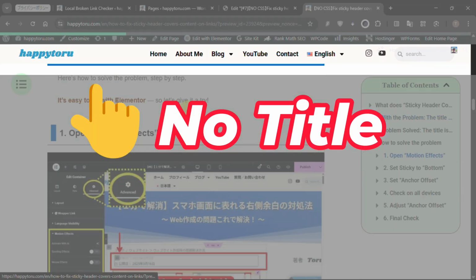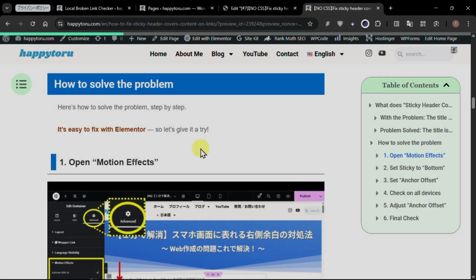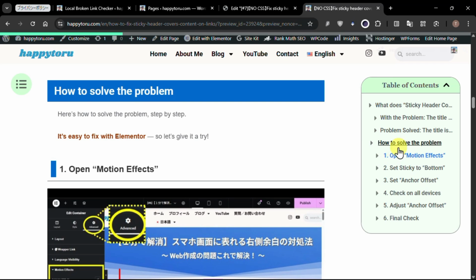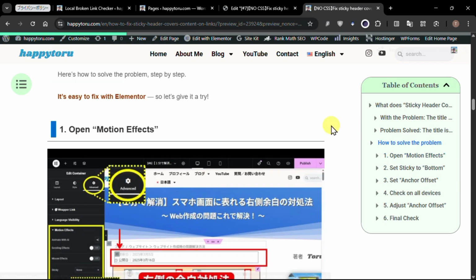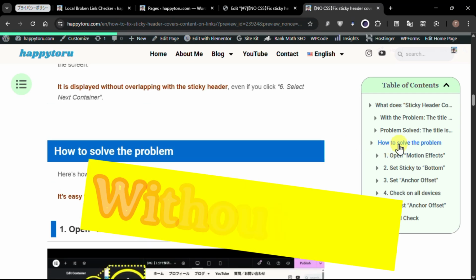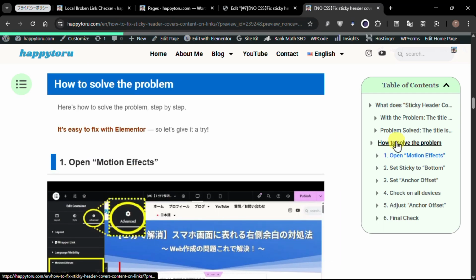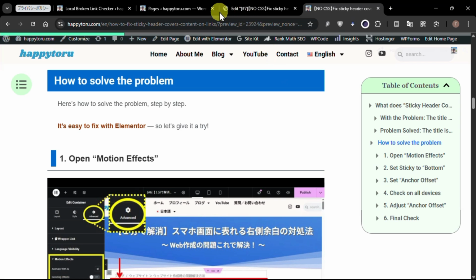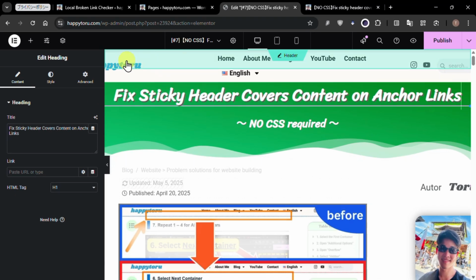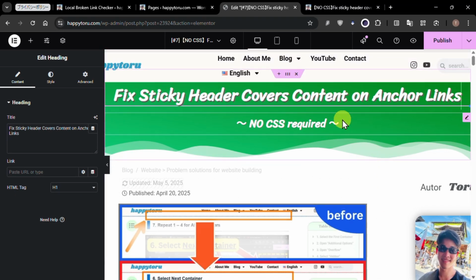Let's fix this to this. When you click on an anchor link, the title is hidden under the sticky header. In this video, I'm going to fix this problem without CSS using Elementor. Let's get started. Alright, open the editing page of Elementor, and then without scrolling down, choose a container that